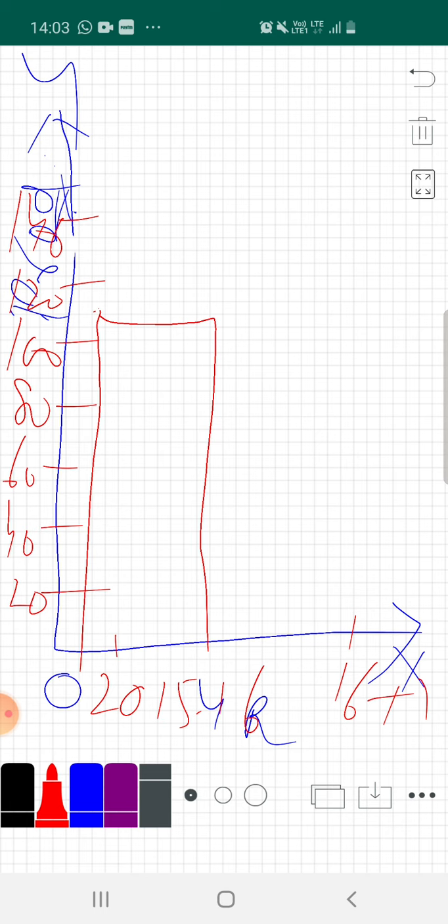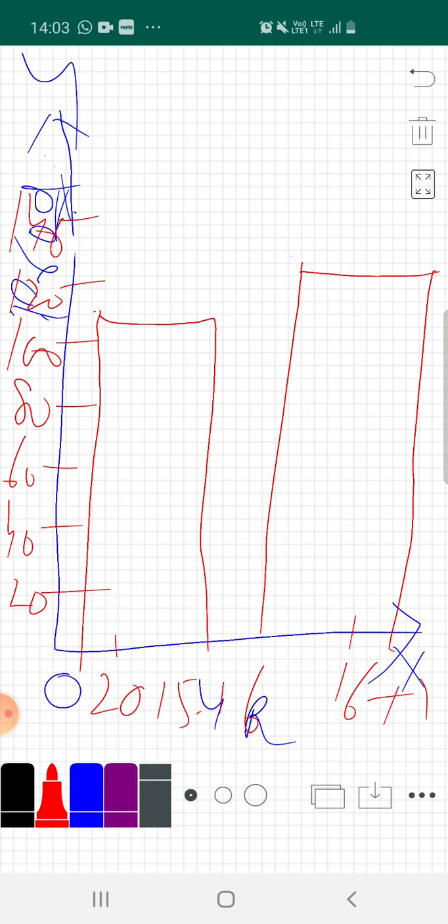For 16-17, it is equal to 121. It will be here. I've drawn 2 bars first of all. Afterward, I'll explain. For the year 2015-16, the total production is 110. We have already plotted it. And next, we have to do the subdivisions of these two bars. We have to show how much is the value of hydroelectricity, where it will lie, and where thermal electricity will be. First of all, find out hydroelectricity as 46.